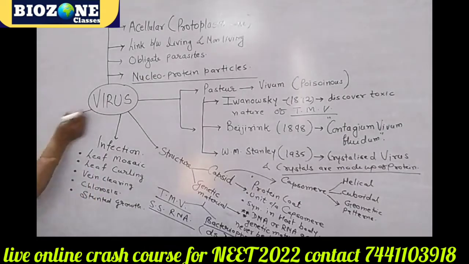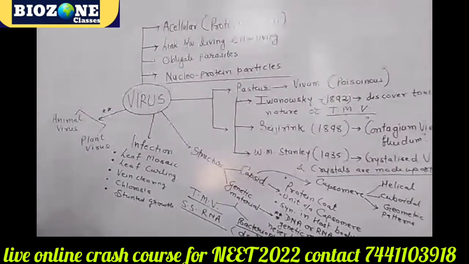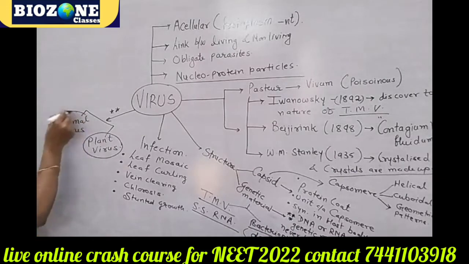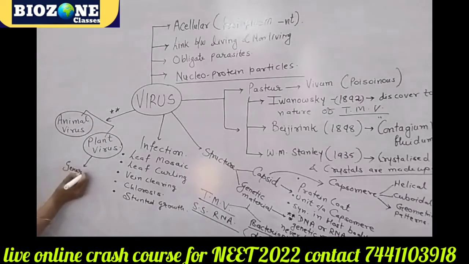Next, again most important part, that two type of viruses we observe. In animal also they cause infection, as well as they cause infection in plant. So plant viruses you remember, plant viruses generally made up of RNA. So this part you note down because it is not provided in NCERT, but this statement in true and false repeatedly asked. The plant viruses generally RNA viruses,